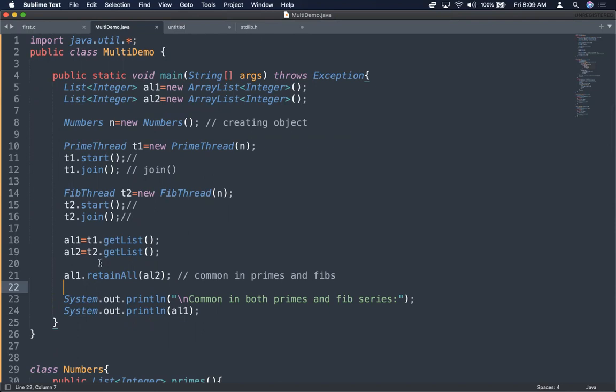So what I did here is I made use of join here. Otherwise the main thread will compete with the child threads as well, and you will be getting an outcome which is not in proper order. Okay, so this is one way. There are other ways also you can do. You can make use of the synchronized keyword, right?